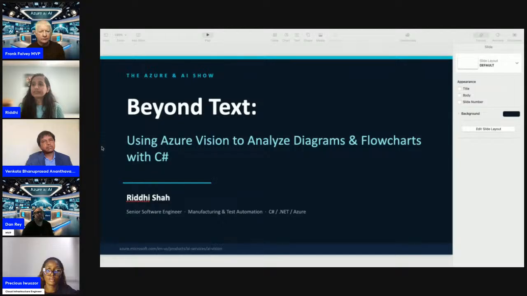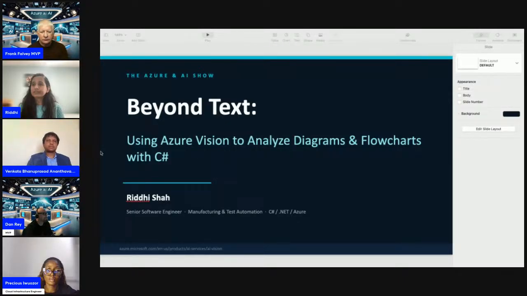A little bit about myself. I'm Ritisha, working as a software engineer in manufacturing and test automation for the last 8 plus years. In my day-to-day activity, I collaborate with engineers and test teams who rely on visual artifacts, flowcharts, process diagrams, and inspection documents to see how the processes communicate across the pipeline.